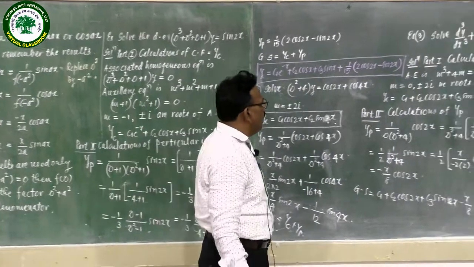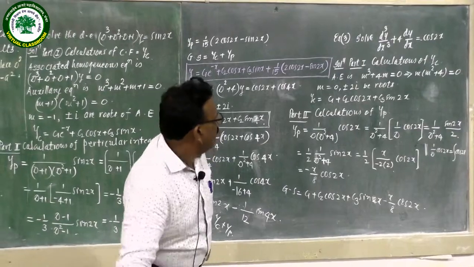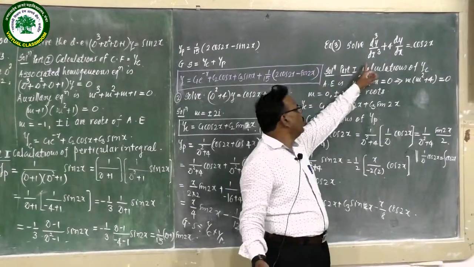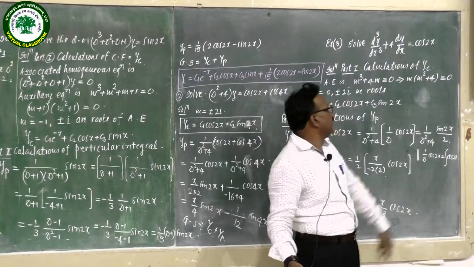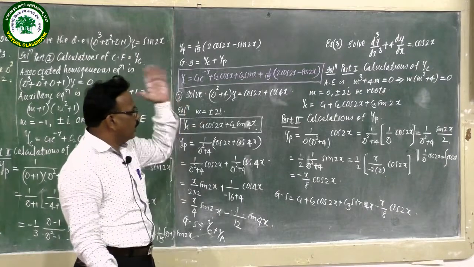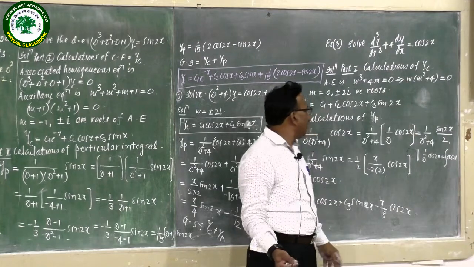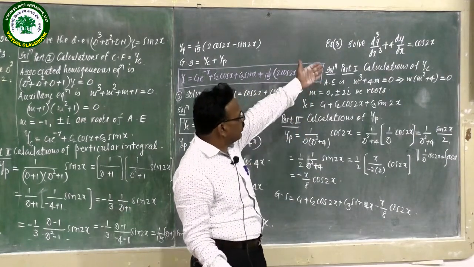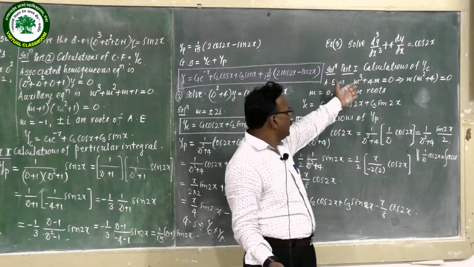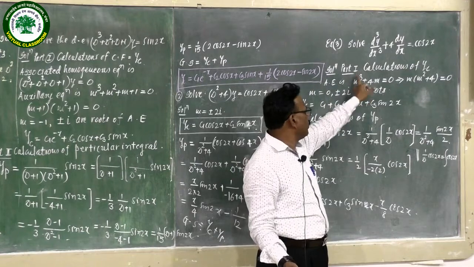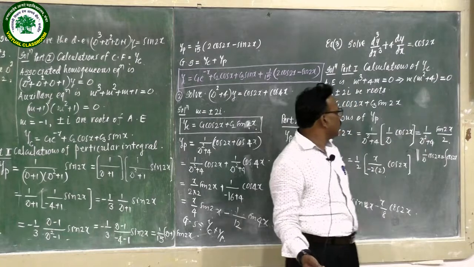Now, the last problem on this article, we are taking problem number 3. Solve the differential equation d cubed y by dx cubed plus 4 dy by dx is equal to cos of 2x. Regular routine method. You have to calculate the complementary function first. For that purpose, we take its associated homogeneous equation, and then write the auxiliary equation, which is m cubed plus 4m equal to 0. Take m common, m squared plus 4 is equal to 0.